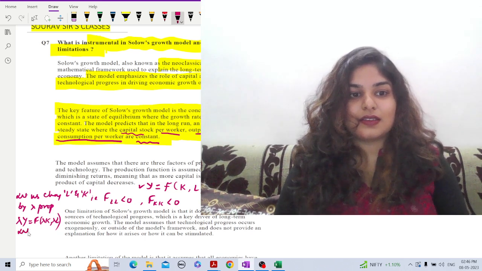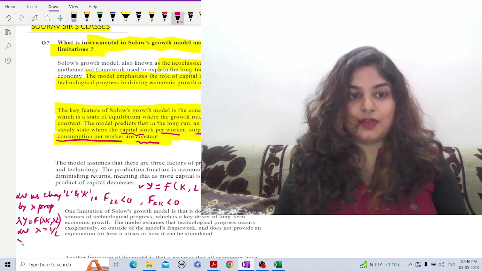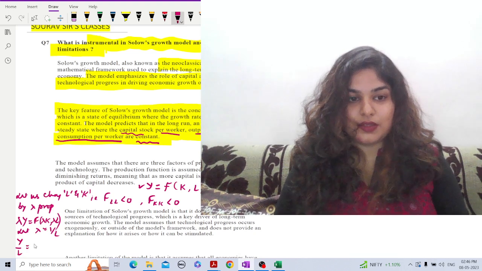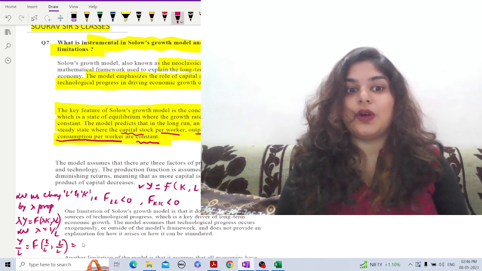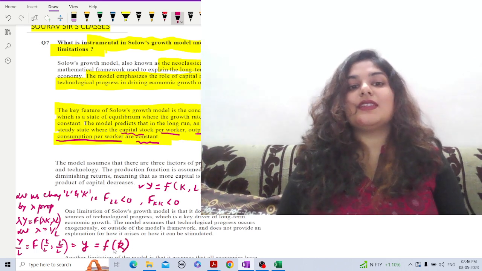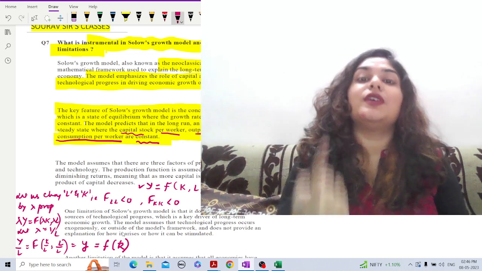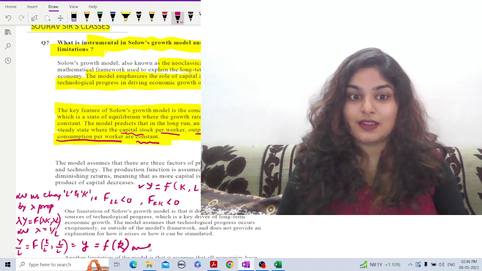Now let lambda equal 1 by L. So this is the value of proportion. Then your production function will become y by L equals a function of k by L, comma L by L. Now this can be written as: y by L is output per worker, that is small y, equals a function of, let's say, small k. Now this is a production function with respect to per unit of labor that exhibits constant returns to scale,